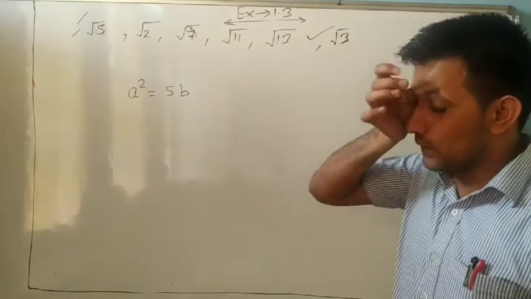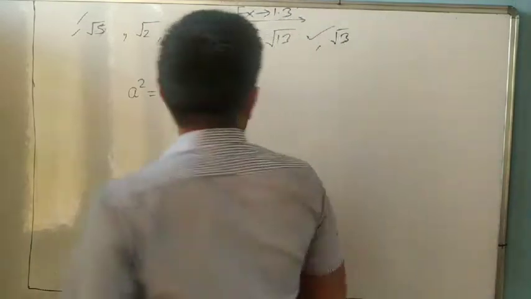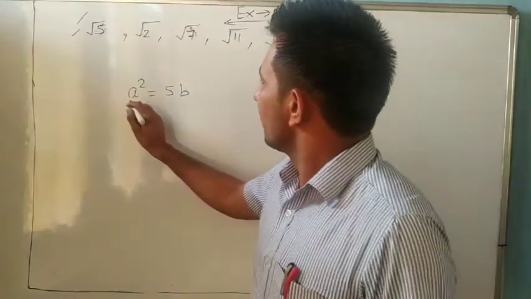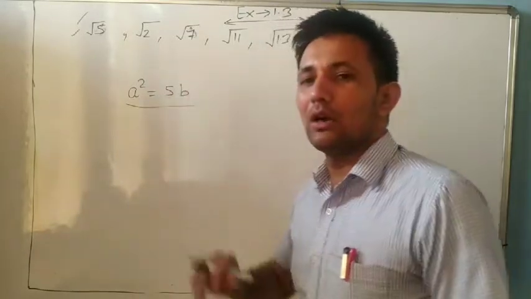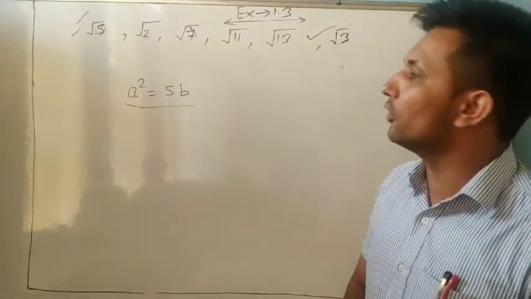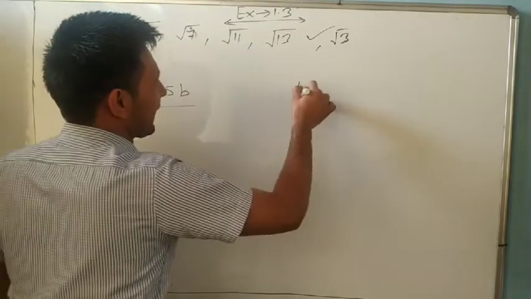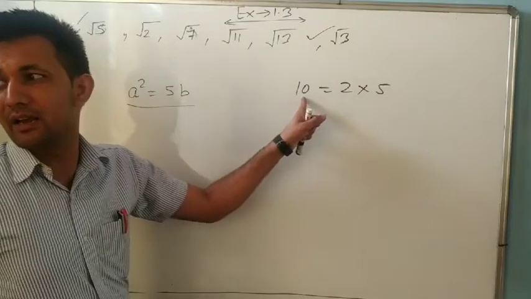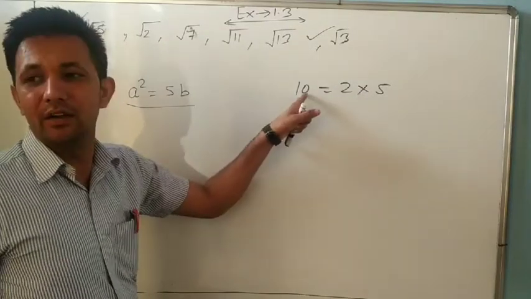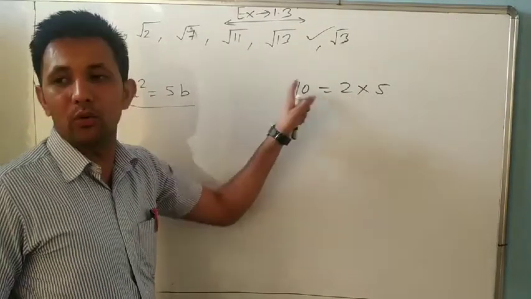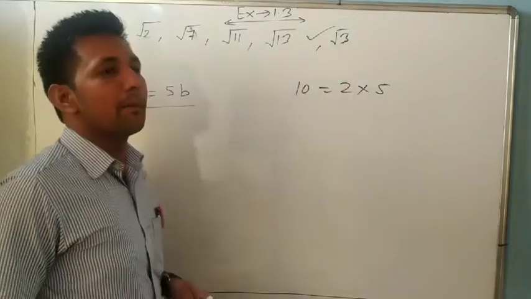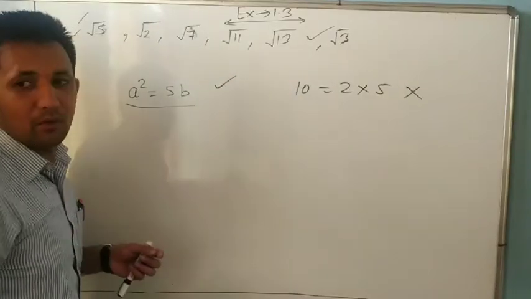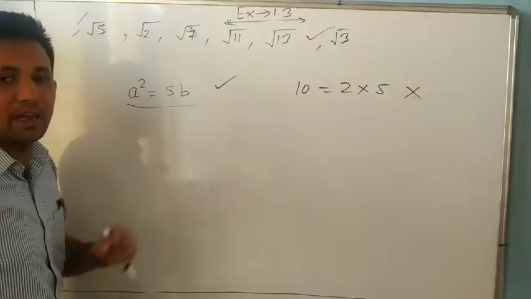But some students asked me, sir, do you remember before we write the first equation we write a line, a square equal to 5b, and then I told you whenever it comes, this means 10 equals 2 into 5. It means 2 and 5 are factors of 10. So 10 is divided by 2, and 5 also divides 10. But if you are confused, you can write like this also, before equation number 1 and 2.